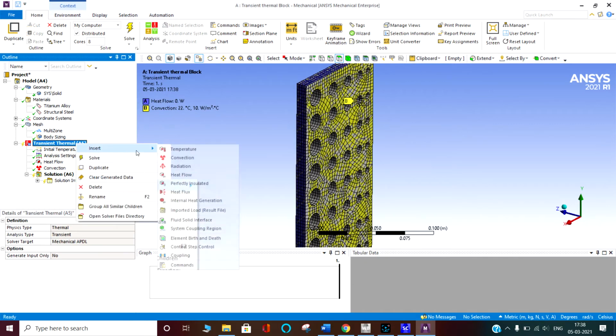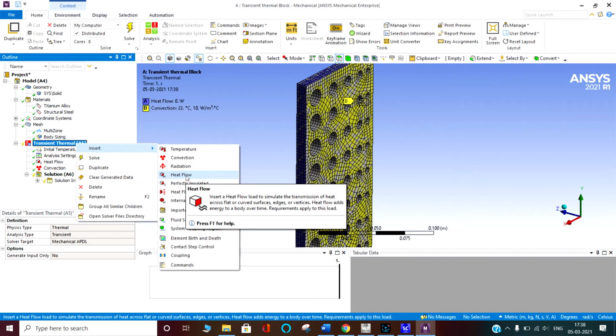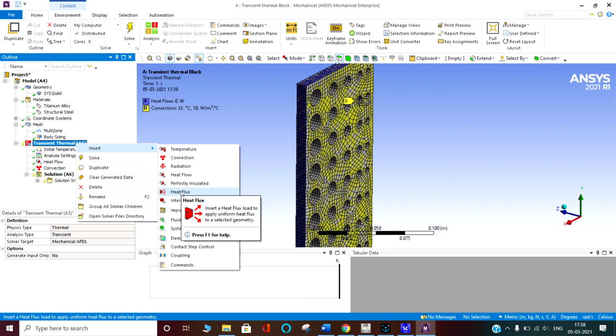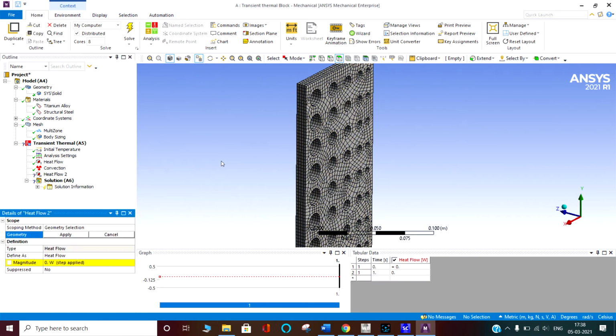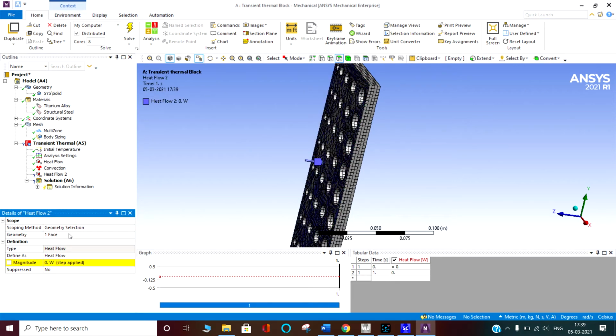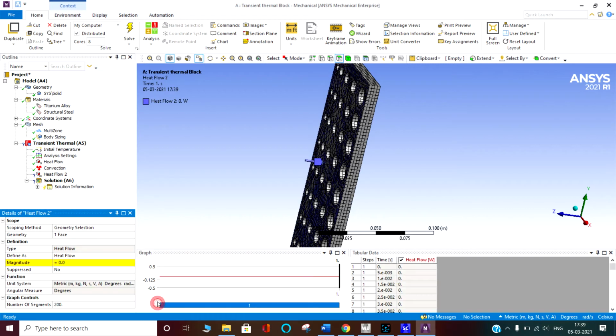After that, we are going to insert the heat flow. There are two things, heat flux and heat flow. Heat flux is the heat per unit area. Heat flow is the normal heat. I am selecting this surface. We are going to apply the heat here, and we are defining the heat in terms of a function. Just click here, it will come as a function.